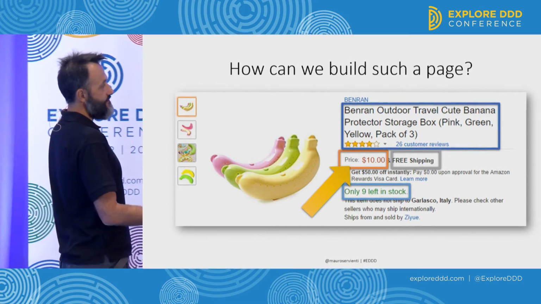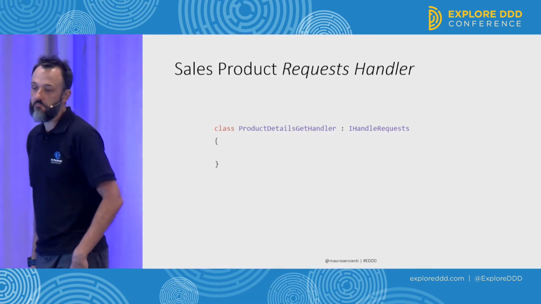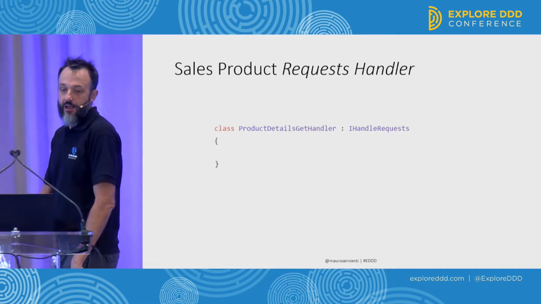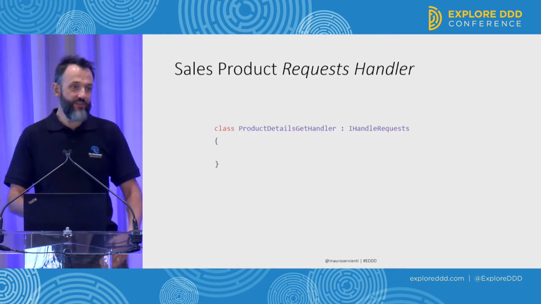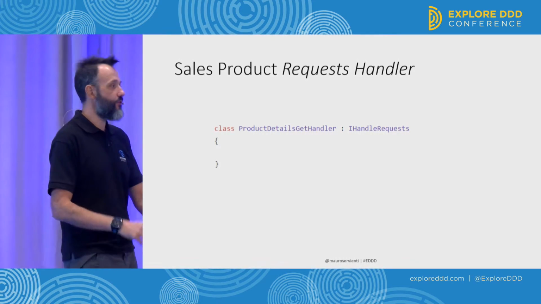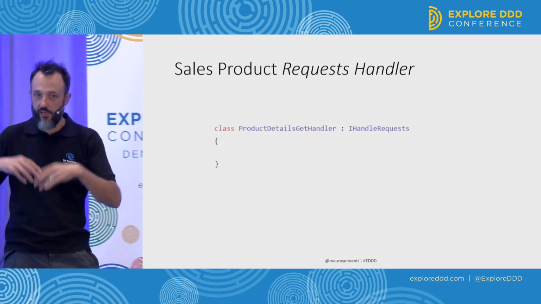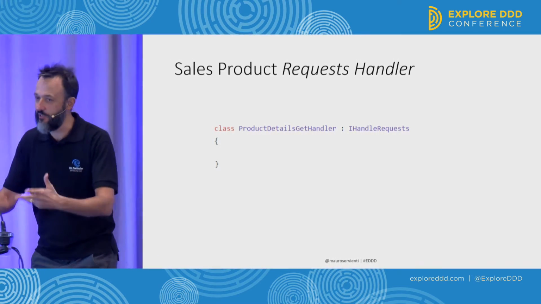What if the infrastructure allows us to define a class such as this one, something called a handler, something that can handle an incoming HTTP request? If you're not familiar with .NET, don't focus on the code. I'm just using .NET because it's the only thing I can write, basically. So